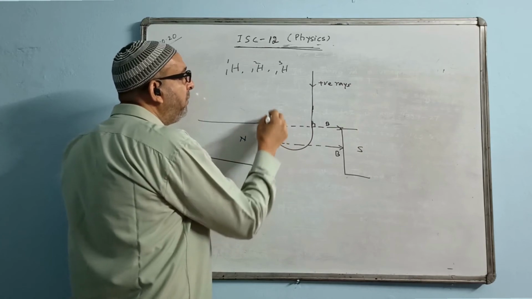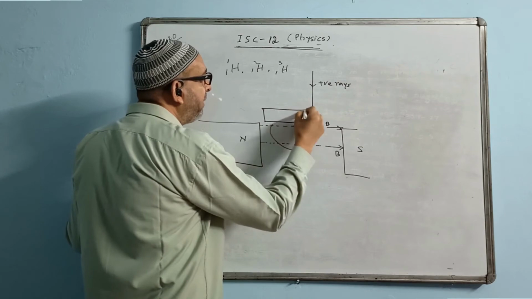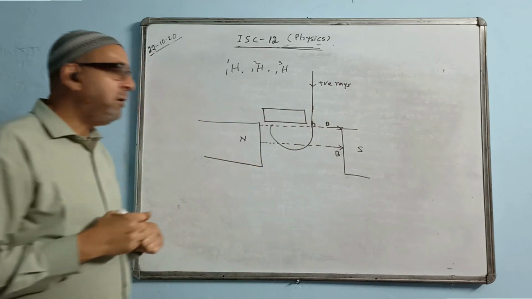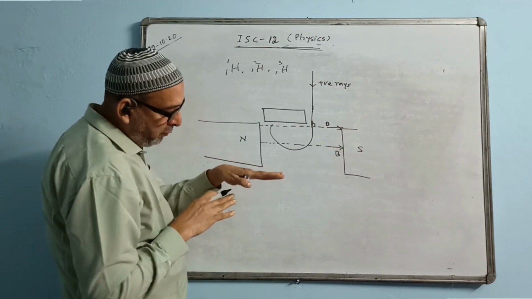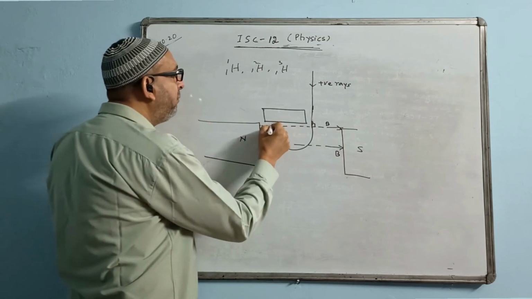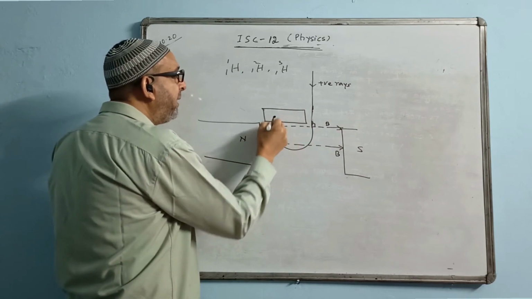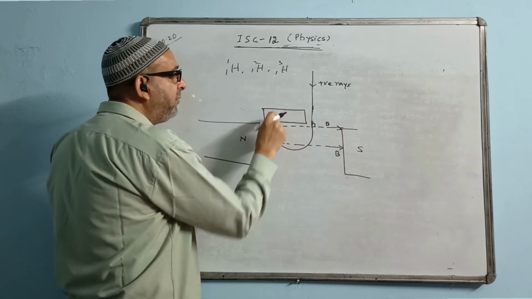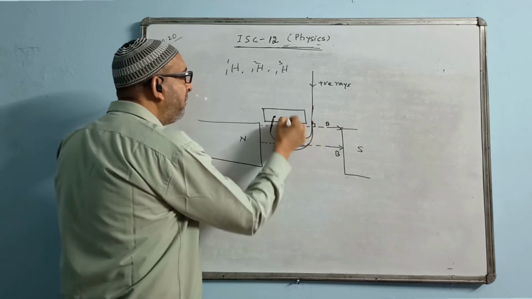But what do? We'll be blocking it. Circular motion is obstructed by a photographic plate here like this. There will be a photographic plate out there. Now this one is coming up. As it comes up, there is a photographic plate, so it will be hitting the photographic plate. You will find the photographic plate will be hit at three places in the form of spots. One will be here, one will be here, and one will be here like this.